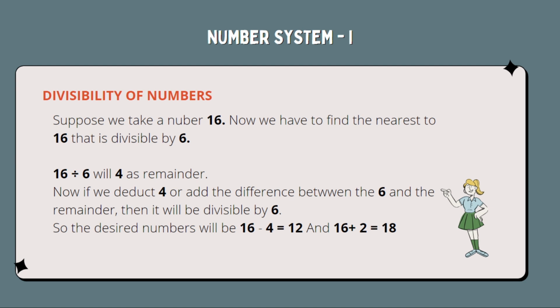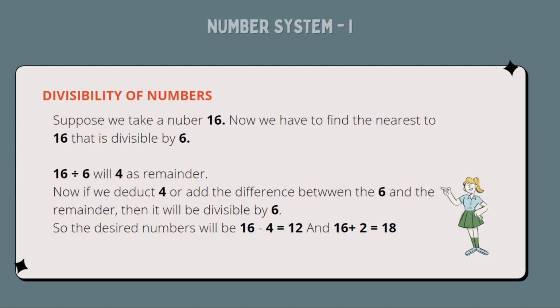Right? My point is, suppose a number is given and the question asks you for the next number. So you divide that number. Like here the number is 16 and it is asking for the next number that is divisible by 6. So whatever is the remainder, you simply find the gap between 6 and the remainder, and then you add that number to the given number. Given number is 16, remainder is 4. The difference between 4 and 6 is 2. So you add 2 plus 16, that is 18. Let's solve some problems. You will get more clarity.